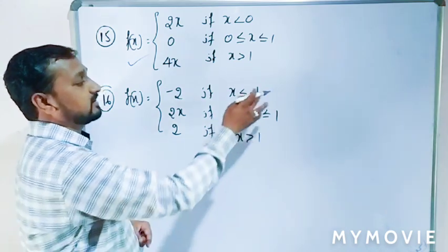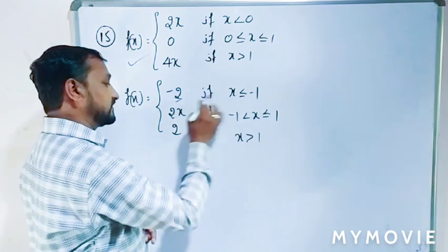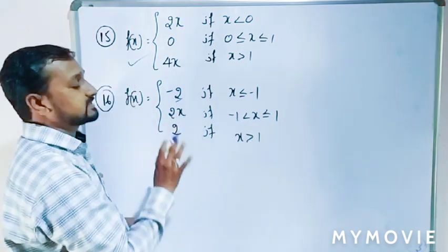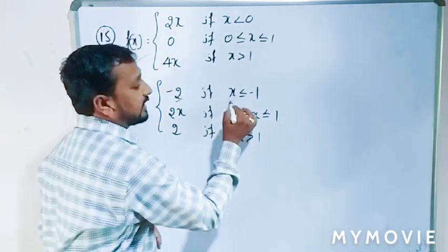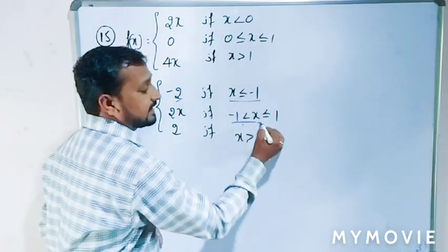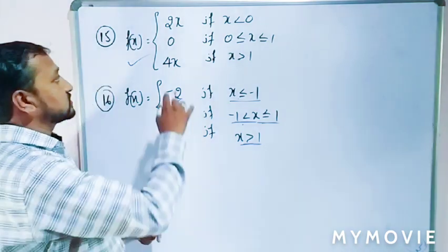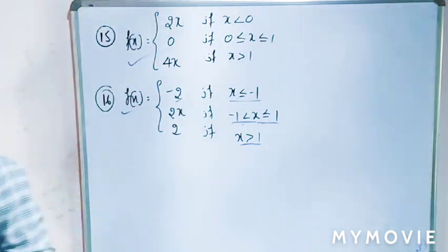Here also we take this condition, the function should be continuous. This condition, the function should be continuous, and lastly x greater than 1, the function is also continuous. Then we check at the particular point x equal to minus 1 the corresponding LHL and RHL, and at x equal to plus 1 the LHL and RHL. Is that clear? So students, try these two examples for yourself. Okay, write it down.